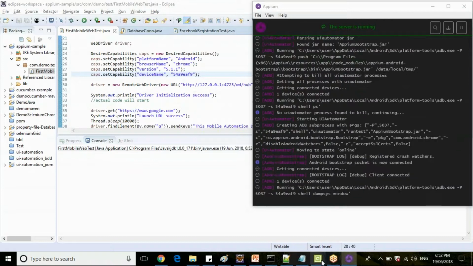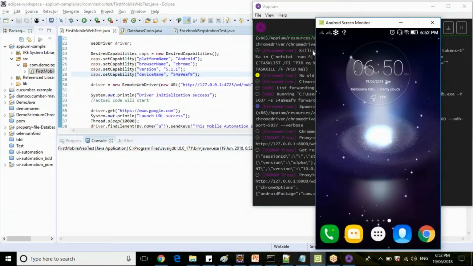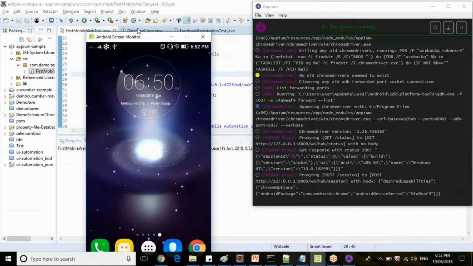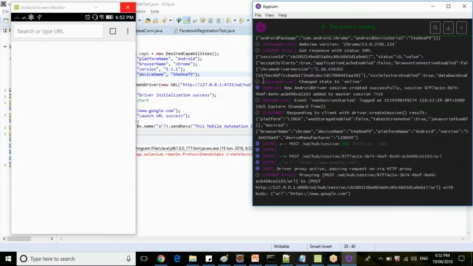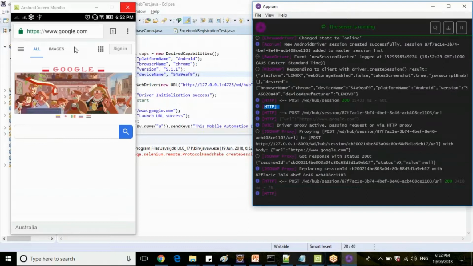Let me open my mobile screen for you. If you see here, the Chrome driver is communicating with ADB, the Appium server, base driver, HTTP.